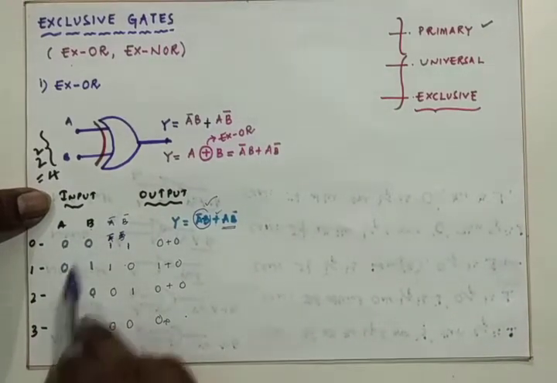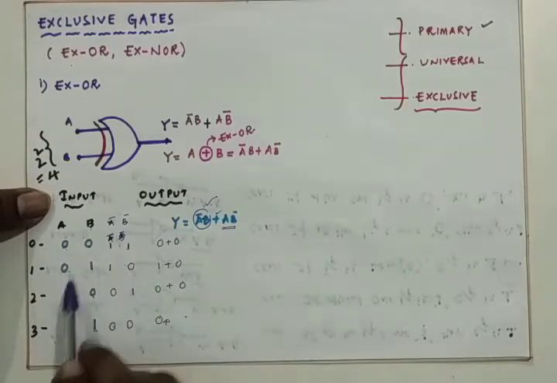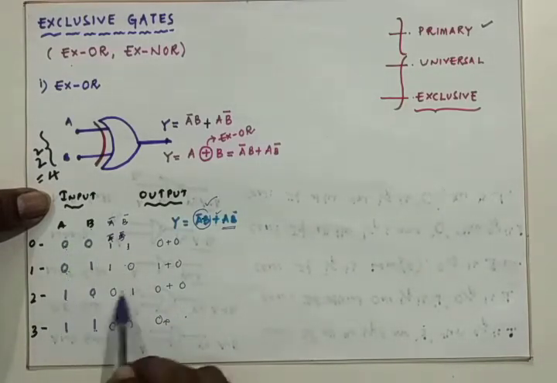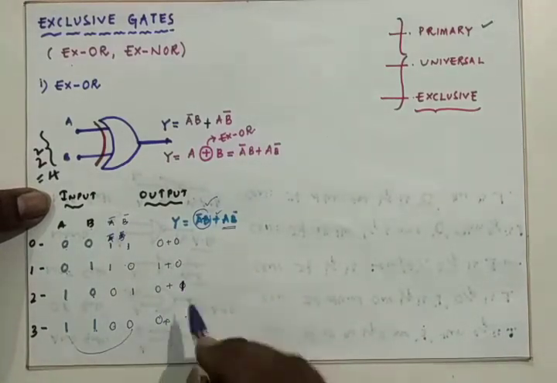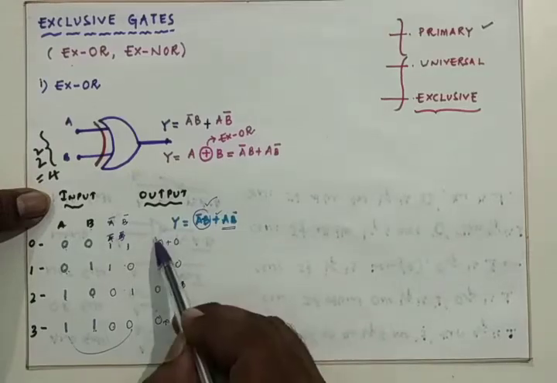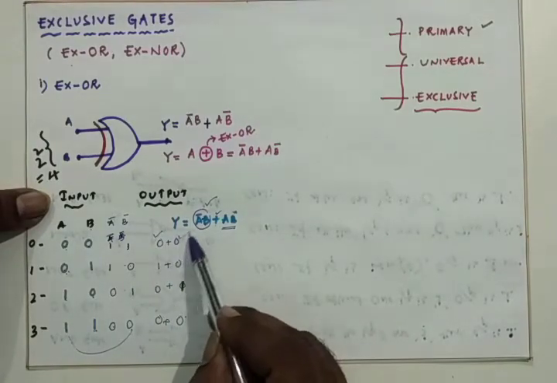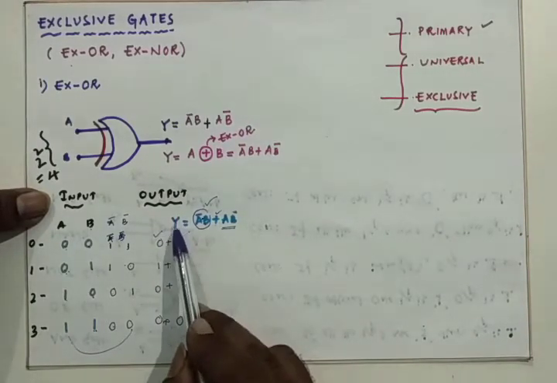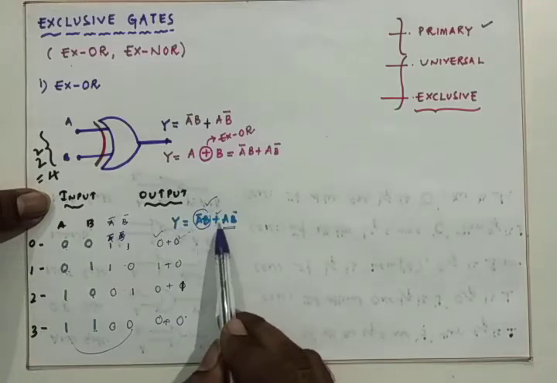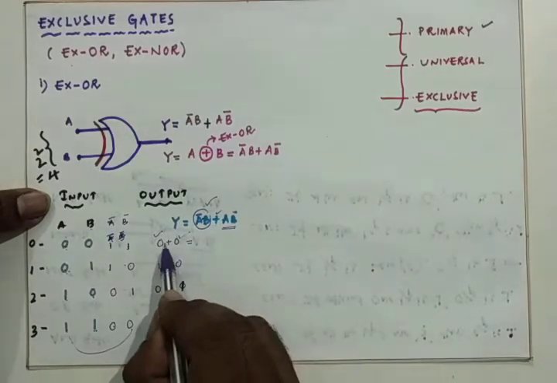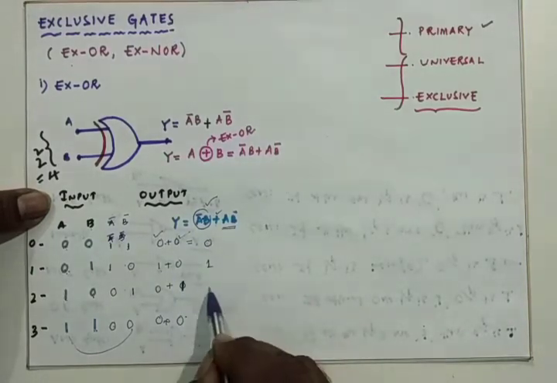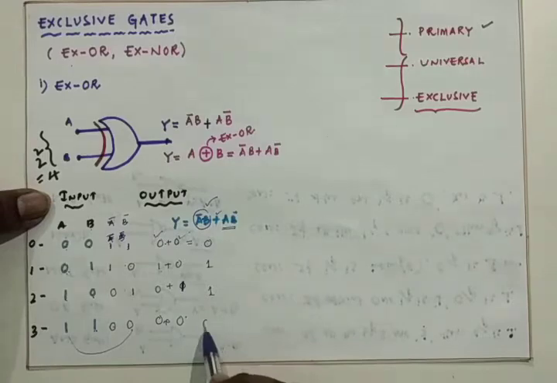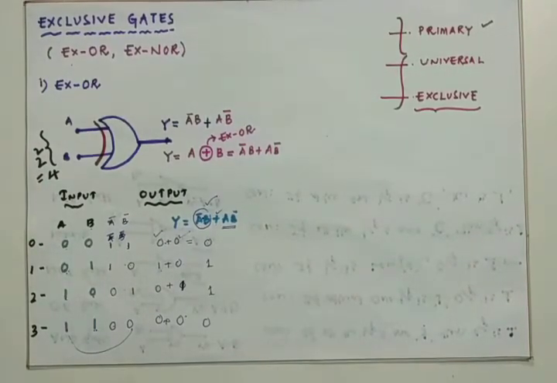So sorry. This is 0 into 1, 0, 0 into 0, 0, 1 into 1 here 1. This is 1 and this is 1 into 0, that is 0. Now this is A bar B, this is A B bar. Final output of the XOR gate is y is equals to A bar B plus A B bar, so that add them. 0 plus 0, 0, 1 plus 0, 1, 0 plus 1, 1, 0 plus 0, 0. So that this is the final output expression of XOR gate.